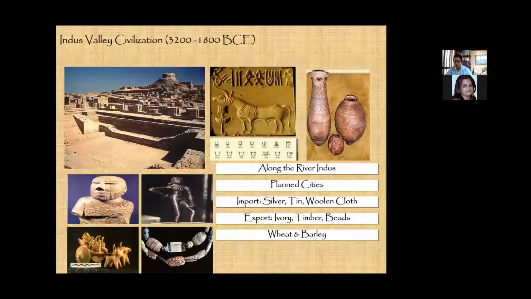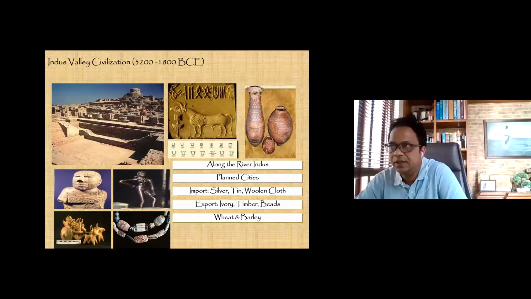The other point to understand is, while these transactions were happening, the question is, why would people have to transact so much, or exchange so many things? And one important point to understand in this subject is the development of civilization, right? So the Indus Valley civilization is one of those examples in India, which happens 3,200 years before the Common Era, and